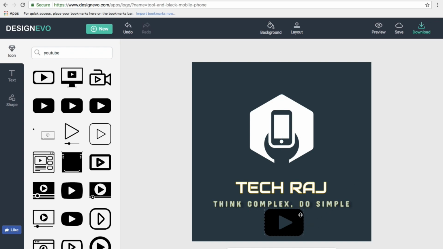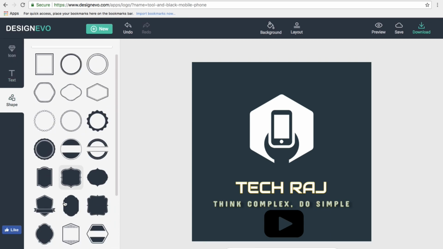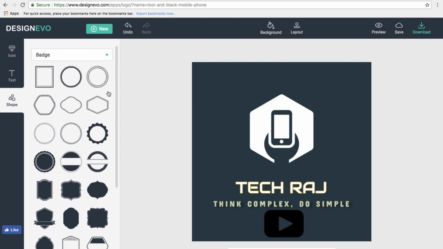For example, I'll put it here. I'll put the YouTube's logo over here, and that is how you can actually add an icon to your logo. And same is the case with the shape. You can add a shape like this, but